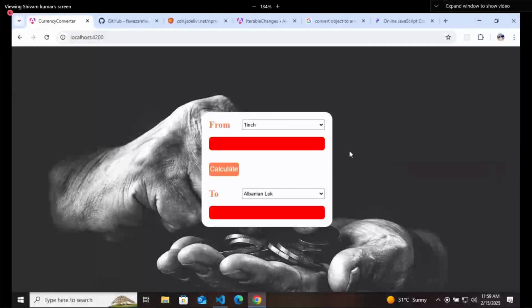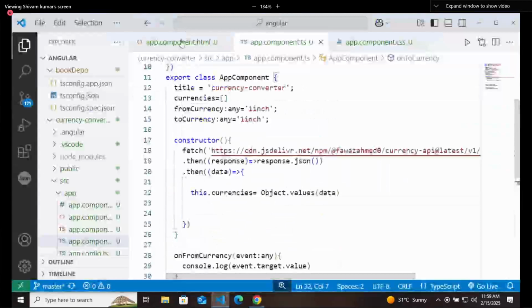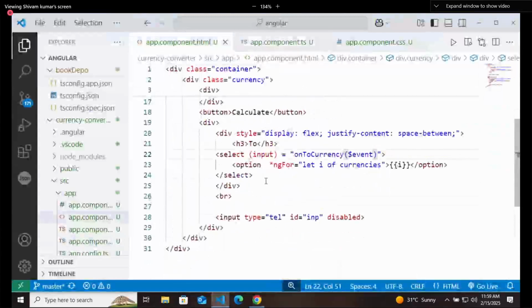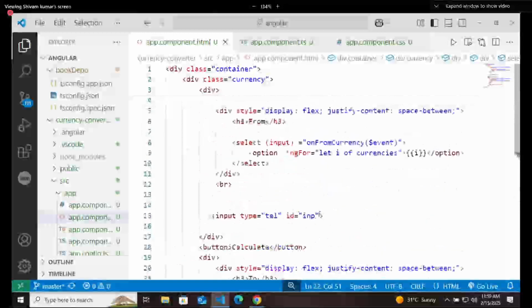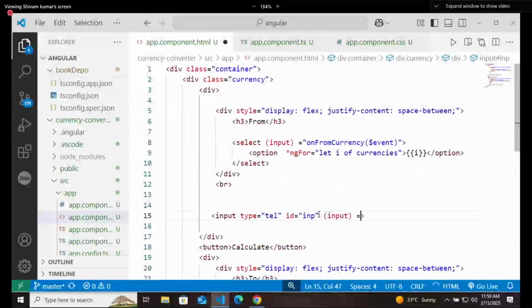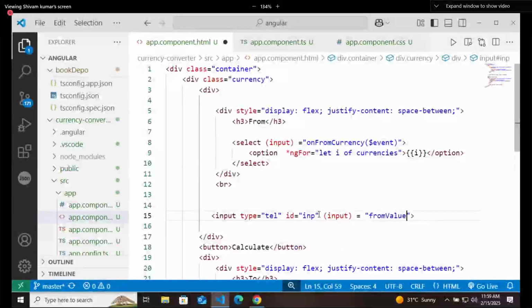Now what you should know how to convert these values. For that, you should take this value from input box. For that, attach an event to the input box at the top. So here we are having an input box. It will have an input event and it will call a function that from value.